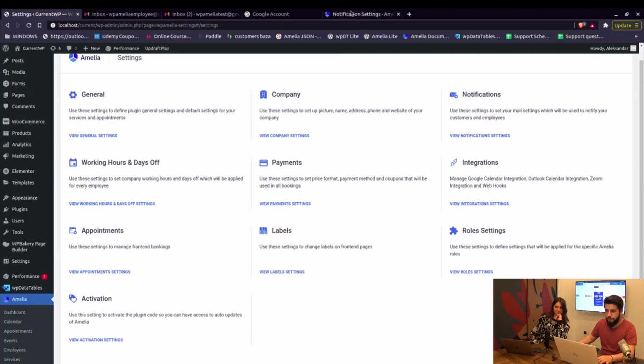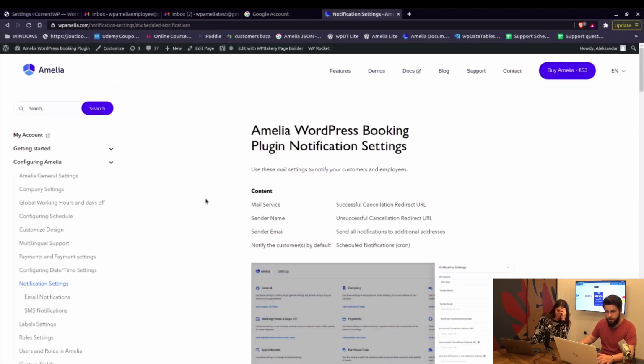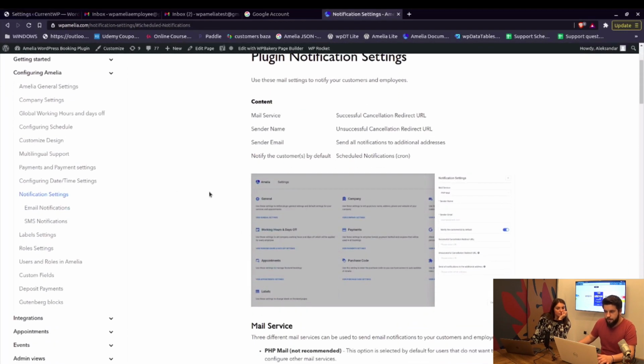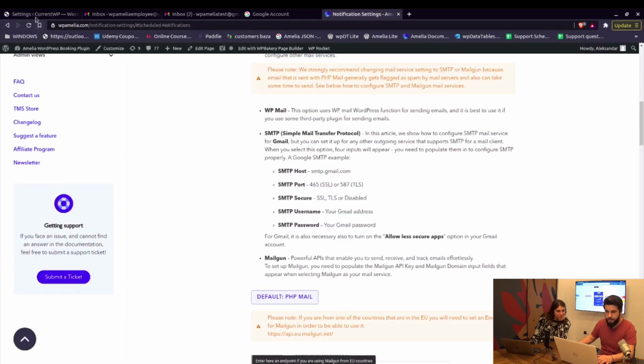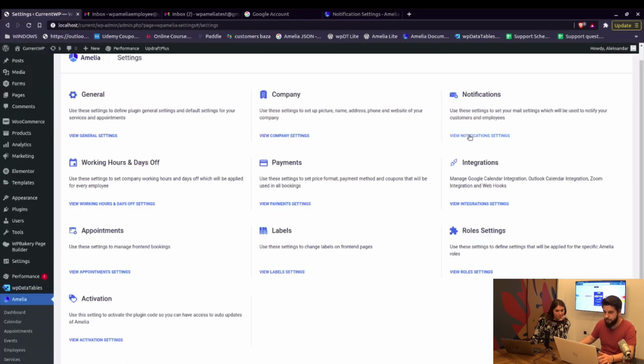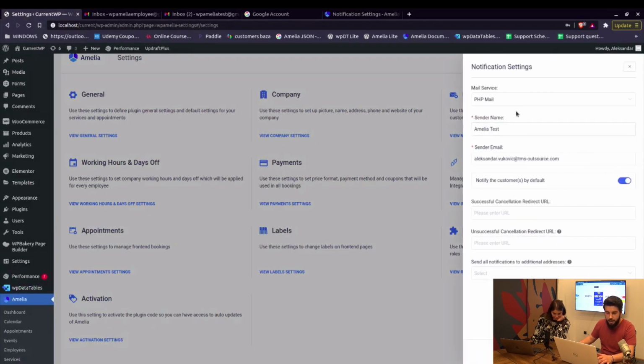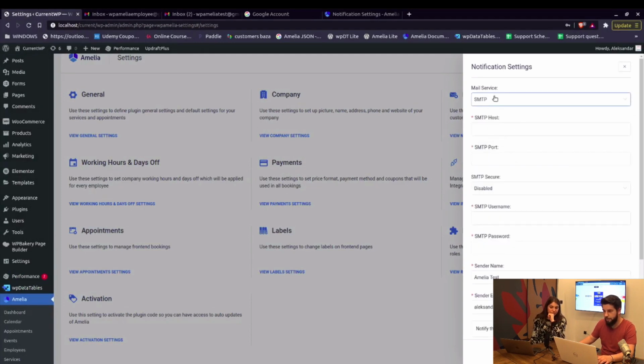Of course. Okay, so as always, we'll start with the documentation. Everything should be covered in here. Basically, when you go to Amelia's settings, you first need to configure your notification settings. By default, it's PHP mail, but we do not recommend that because those emails mostly go into spam. So the most recommended option is SMTP, and I'll be using my business account, which is on Gmail, so